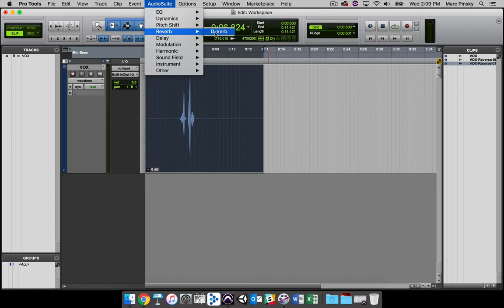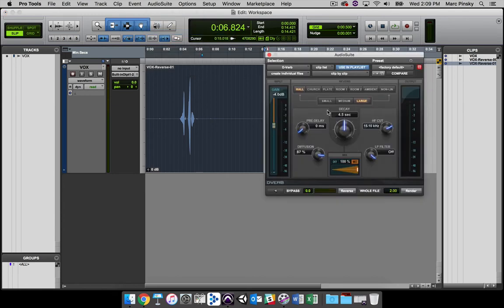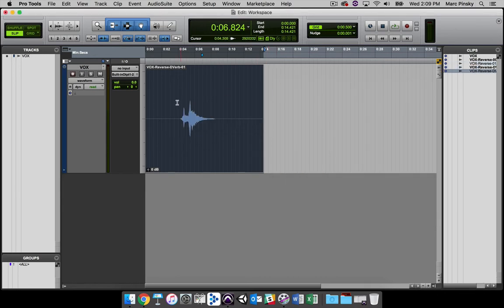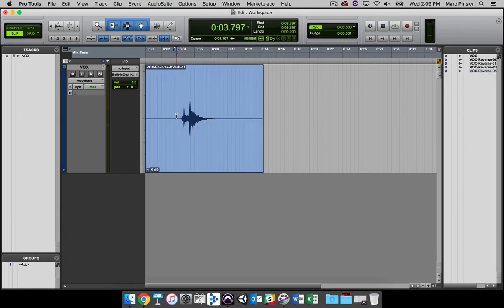I'm going to use the D-Verb in this case. We could use pretty much any one of the settings on here. If I choose the hall setting, this is going to give me a large reverb trail. I'm going to set the reverb trail to, let's see, about almost 8 seconds, and we'll set this completely wet. Once we do that, we will simply press render, and it will process the reverb in place, and you can see that it has done so here, so that if we press play,